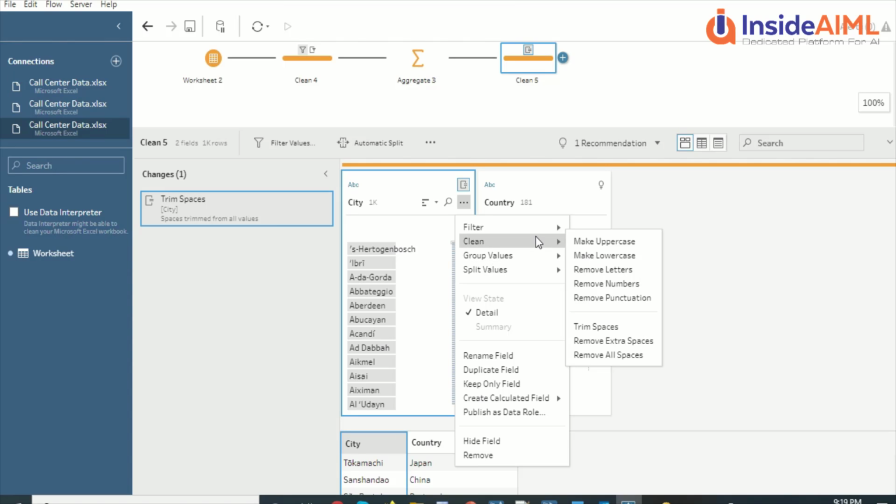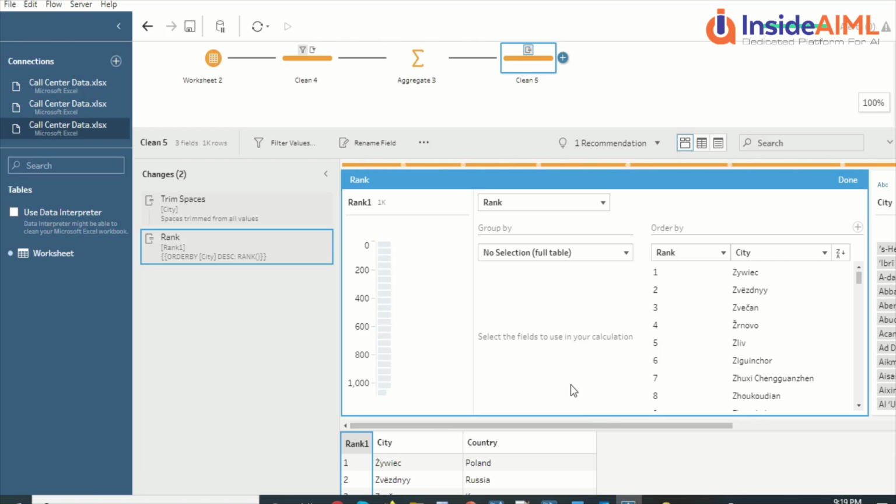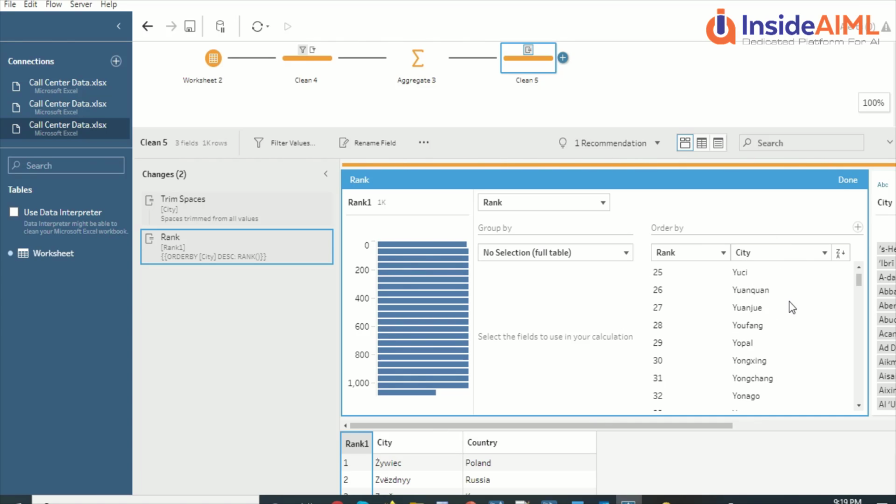Now what I want to do here is create a calculated column, a new calculation which is rank. Because my city IDs are all unique, I add a rank column, so I should get the ranks out here. So I've done certain cleanups, and I was also able to create a rank. So I'm getting a rank.